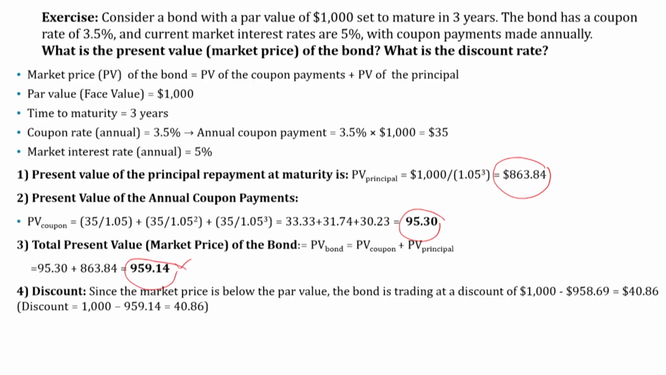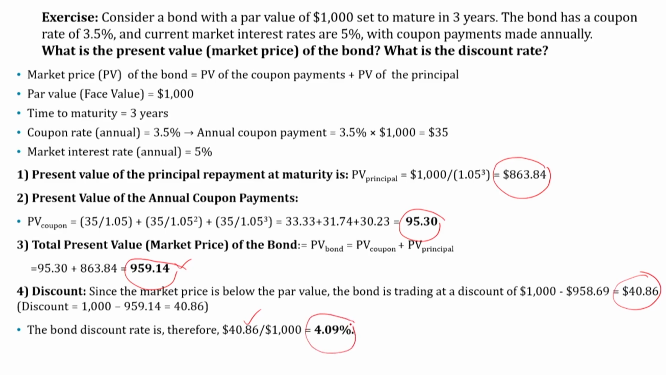So first, let us see what is the discount, then we can calculate the discount rate. The discount is the difference between the face value minus the present value. So that means this one. So what is the discount rate? You just plug again, put this one. The discount value is 40.86 divided by 1000. So the discount rate is